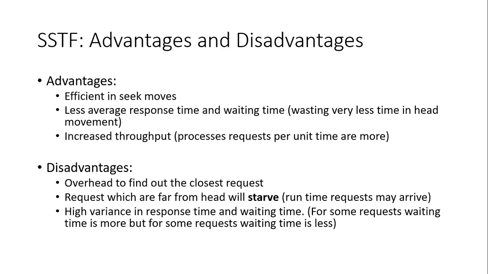So you can see there is high variance, a lot of difference between the waiting times. For some requests the waiting time is more, and for some it is very less, right? So that high variance should not be there. The concept here is that for any kind of algorithm we should know the worst case time, right? But in this case it is very difficult to find the worst case time, as requests may come at runtime, and the disk is entertaining all those requests as they are nearer to the head, keeping all the requests which are far from the head waiting, right?